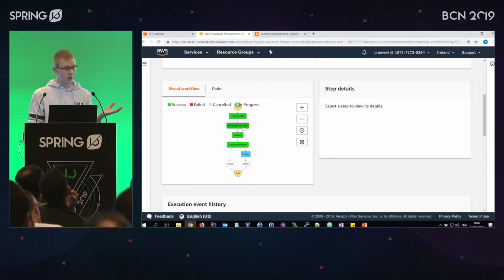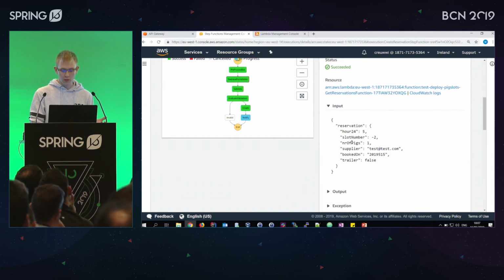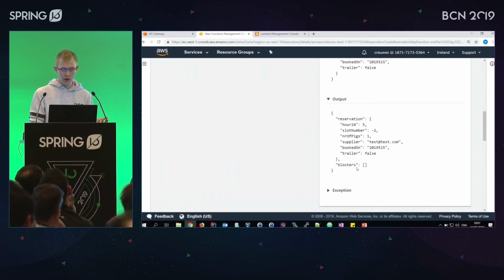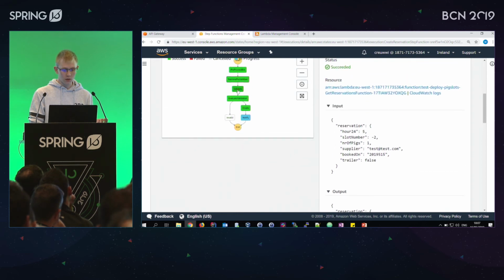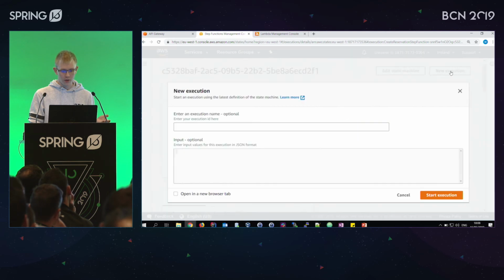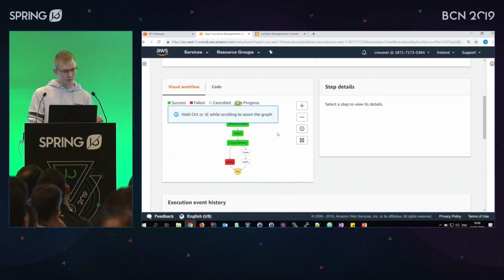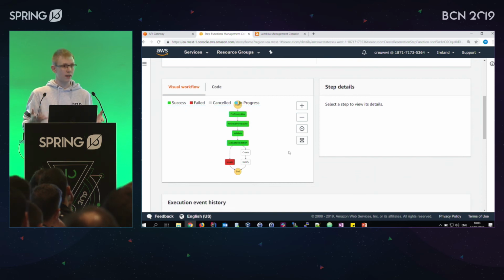And this is also a very useful UI because we can click on each of the states and look at what was inputted and what came out right here. So create has finished and now notify is running, and notify is done and our flow has completed. Now I'm going to run the same code again. So this should now fail and show our failure flow. And you'll see it's already finished because each and every one of those Lambdas was already active and as such could be accessed immediately.